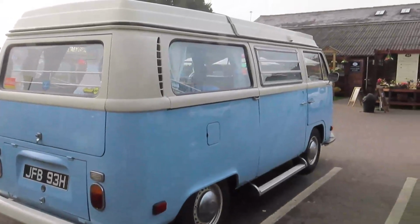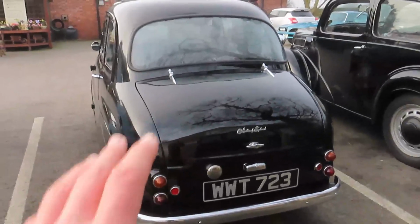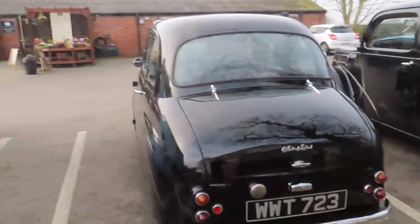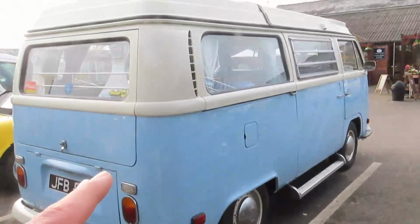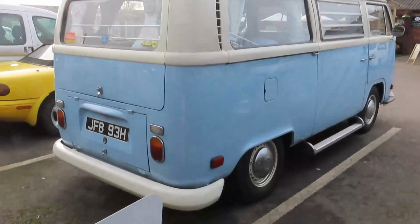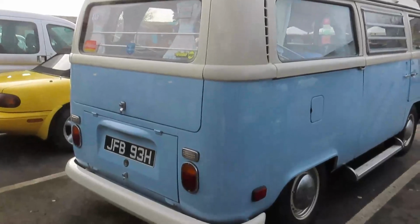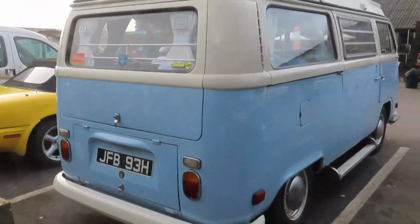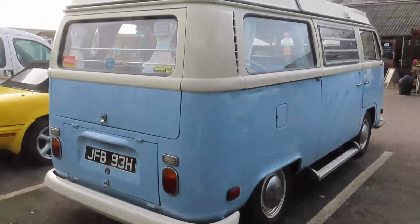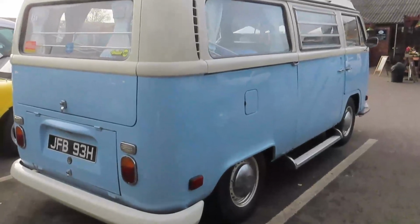The other thing I have to say as well is it's quite big, isn't it? These sort of things are nice and easy to manoeuvre. You can see loads out of the bigger window at the back of these A35s. And yeah, they're quite easy to drive, but it's quite big. I don't know what the visibility is like. I've never been in one of these actually, so while I can't give you a comprehensive opinion on this VW, I'm inclined to say this is probably a no on the first classic car list, just because it is a bit big and maybe not quite as usable as you'd hope from a first classic